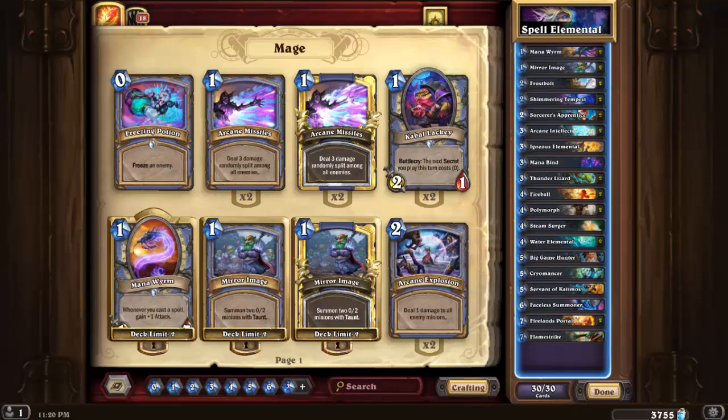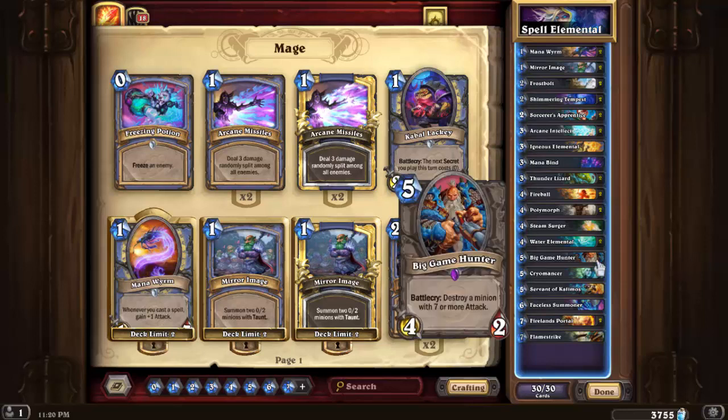Today I'm playing a bit of Elemental Mage. I quickly threw this deck together because I wanted to ladder a bit, but this is a mid-ranged mage deck that heavily relies on spells and elemental synergies. I'm calling this a budget deck because most of the cards are either commons with a few rares. There's only one epic and that's the Big Game Hunter, and to be honest he's not completely necessary in this